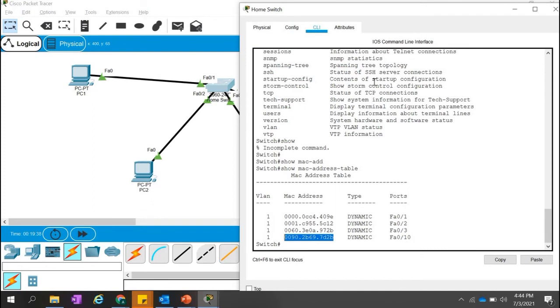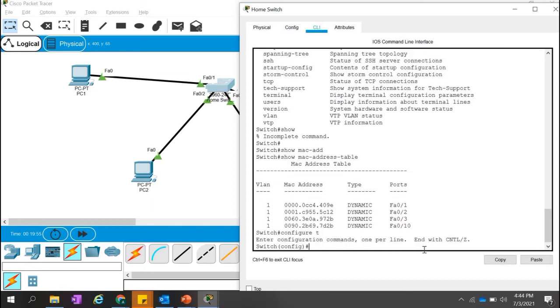So if you want to configure the switch, for that we can go to our config mode. We can write the command config, or the complete word configure, not a problem. Configure, and then we can show the terminal because we are going to configure the terminal. So we write configure T, and it will redirect to the configuration mode. So this is called the configuration mode.